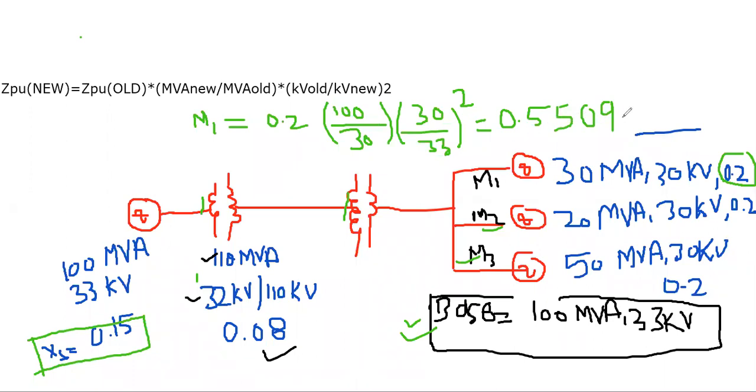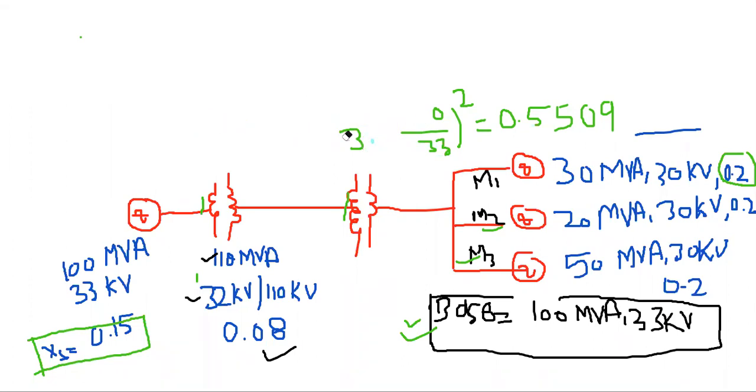Okay, please remember, always give the answer in 4 digits after the decimal. You have to make this a practice: whenever you give an answer, give it up to 4 digits of decimal. This should be in your practice. Okay, so for motor 1, your new per unit is coming out to be this. Now for motor 2 you can very well answer by yourself, and the answer is like this.